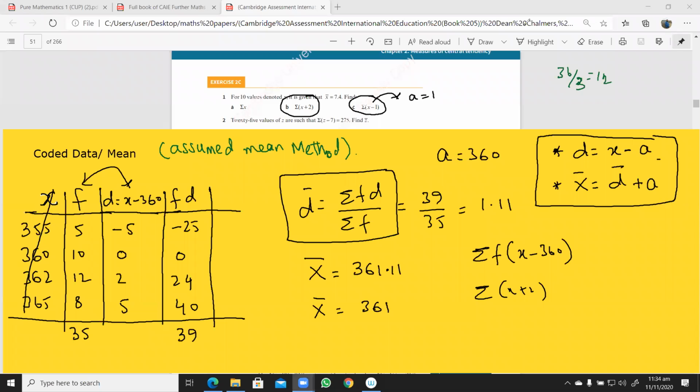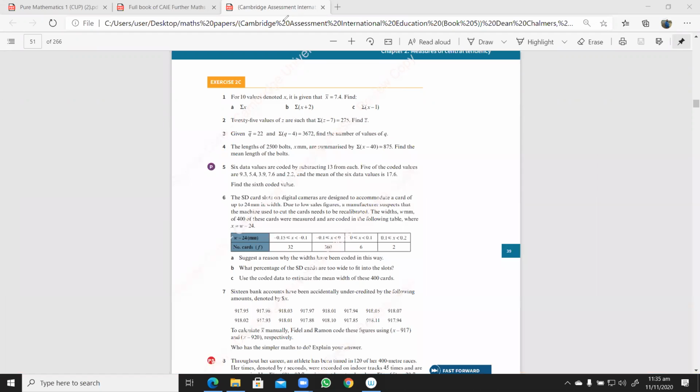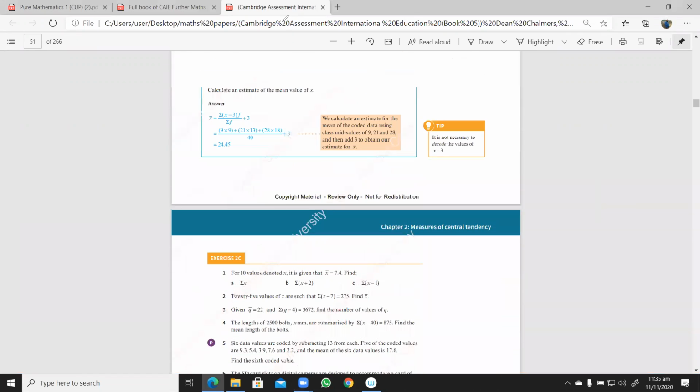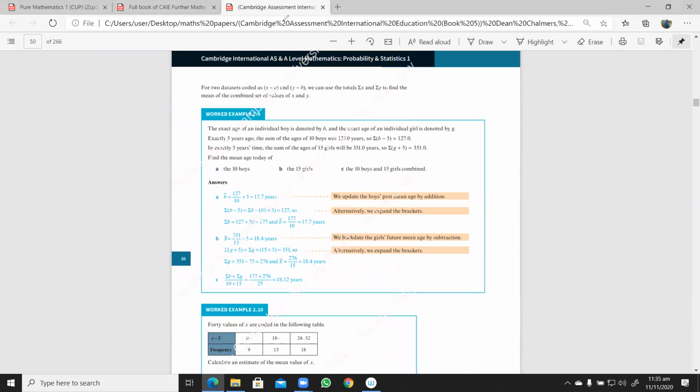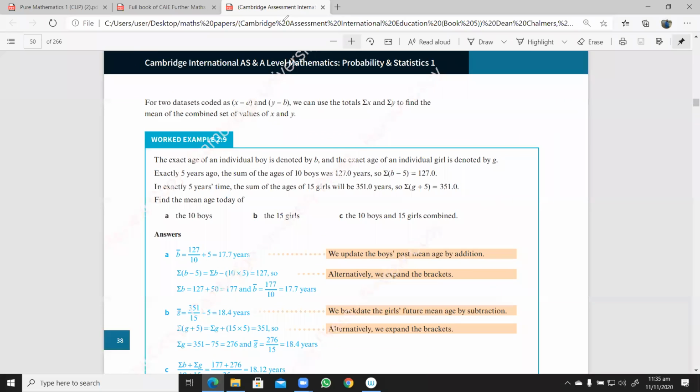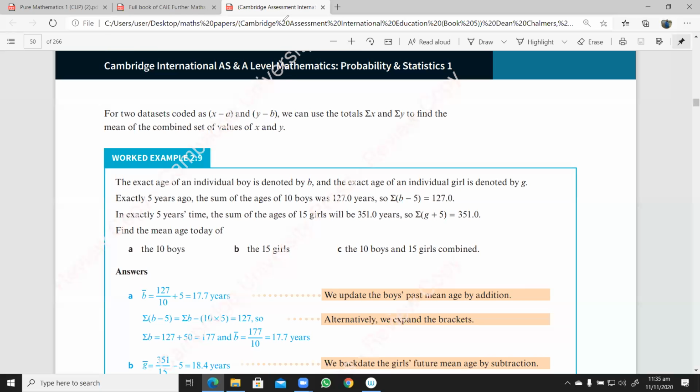Now let's have a look at the questions. And if you think there can be a question that can put you in trouble here, before I take to the questions, I've seen there's some very good examples here. Okay, look at this example here. It says that the exact age of an individual boy is denoted by B. Okay, fine. And the exact age of an individual girl is denoted by G. Exactly 5 years ago, the sum of ages of 10 boys were this. Okay, the sum of this. So sigma B minus 5 is going to be